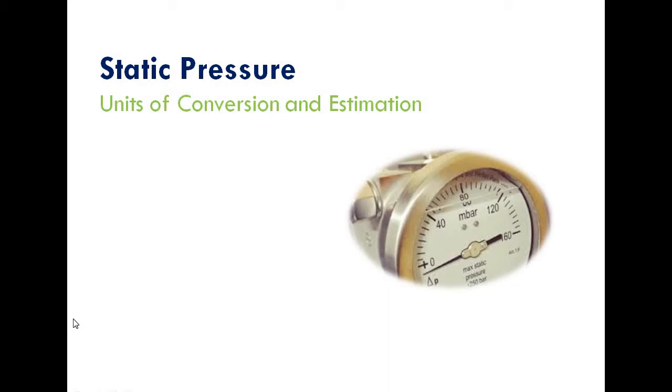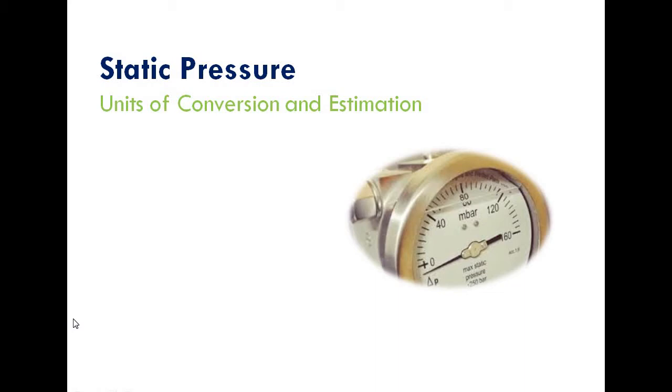In this lecture, we will discuss the units of conversion. We know that pressure is generally expressed in SI units, that is Pascal or Newton per meter square, and sometimes for doing numericals you need to convert from one unit into another, that is SI to MKS, MKS to CGS, and of course we have some commercial units also. So we should be conversant with the conversion from one unit into another. We will discuss that with the help of some numericals, and along with that, we will see one or two numericals about how to estimate pressure using the hydrostatic equation.